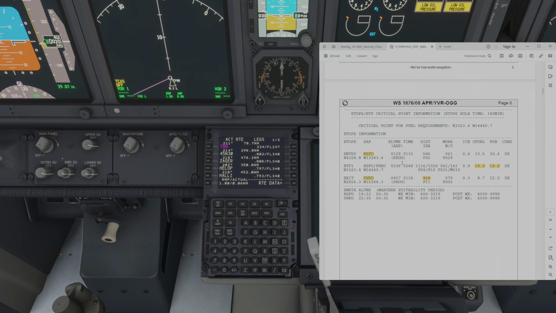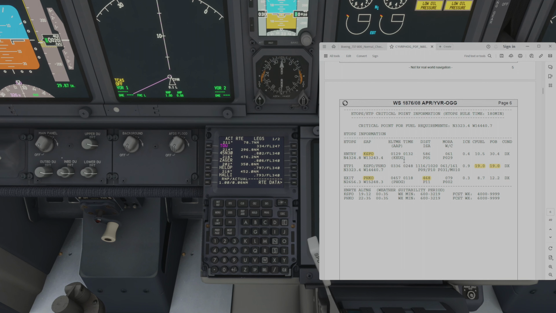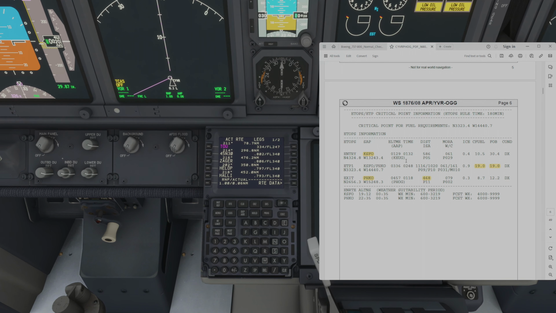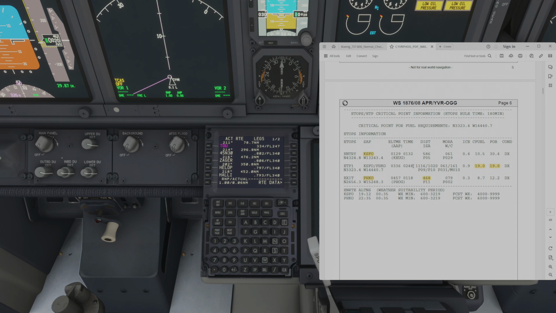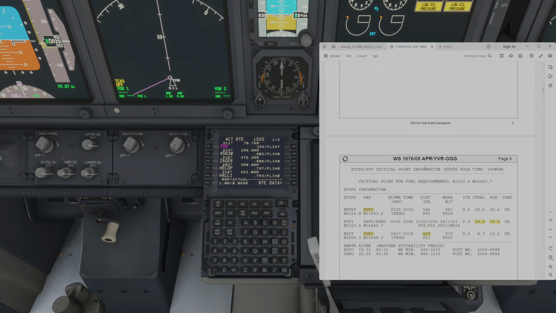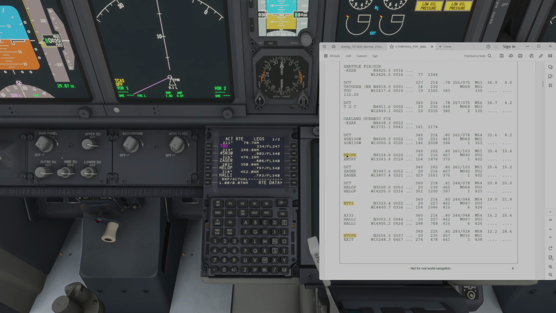So Eugene would be our suitable airport, which is outside that 60 minutes zone. Alright, so that's going to be our ETOPS entry,